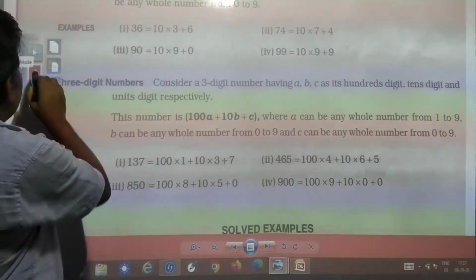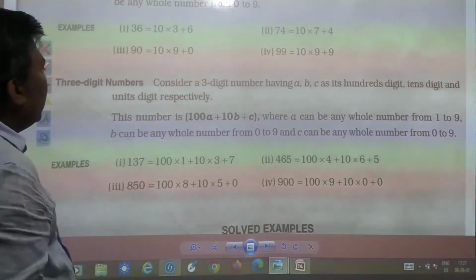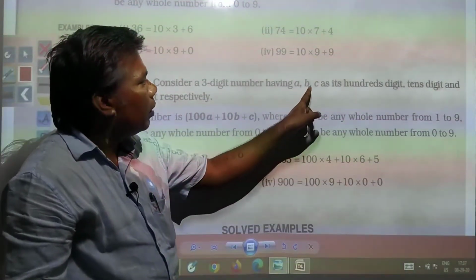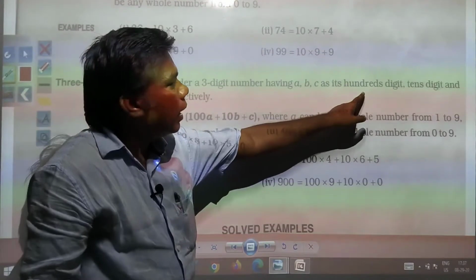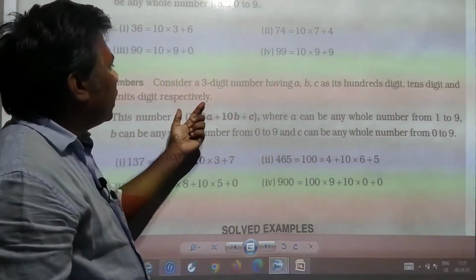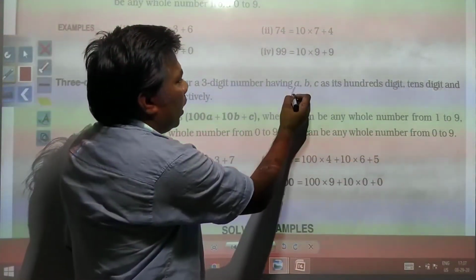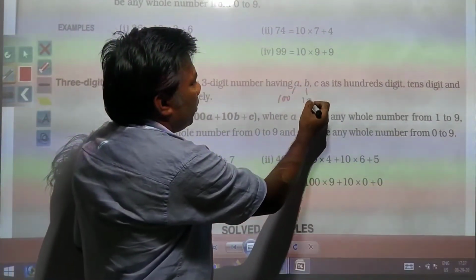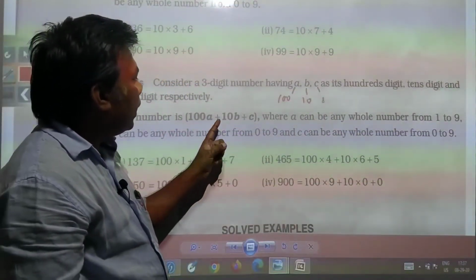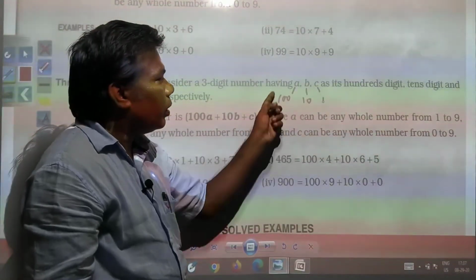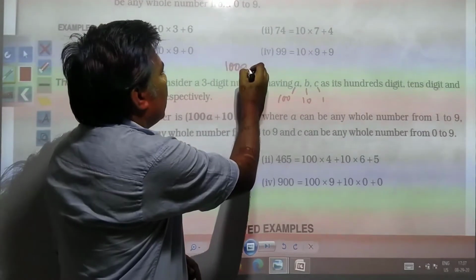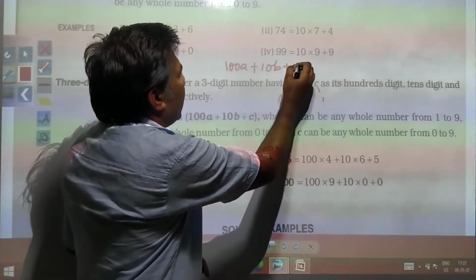Next we will see 3-digit numbers. Consider a 3-digit number having A, B, C as its hundreds digit, tens digit and unit digit respectively. This number is 100A plus 10B plus C. So when you write this number, it becomes 100A plus 10B plus C,